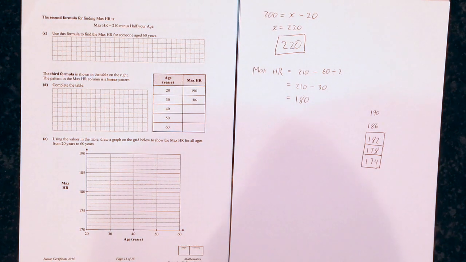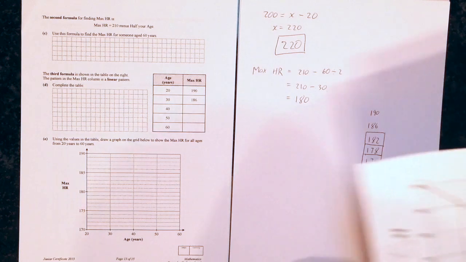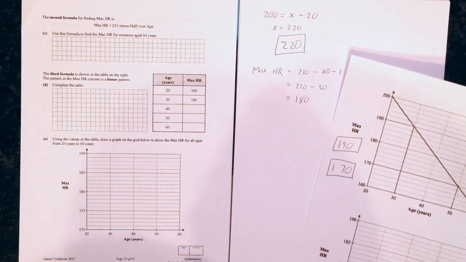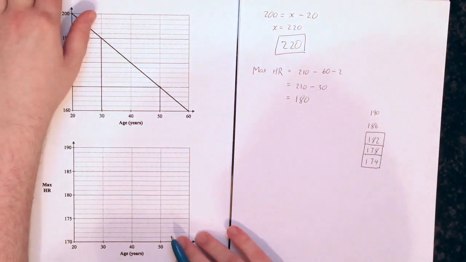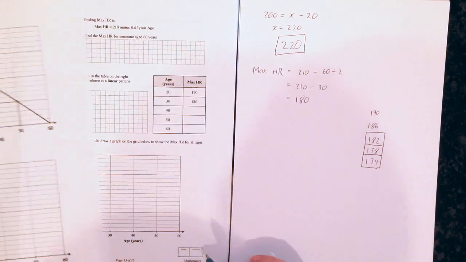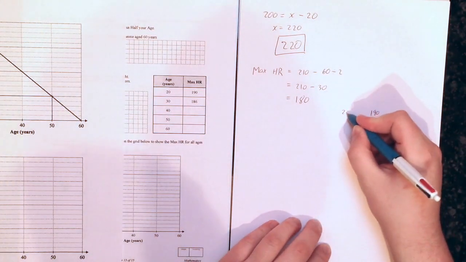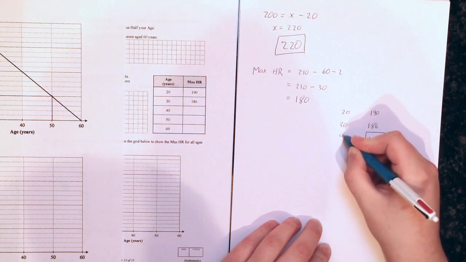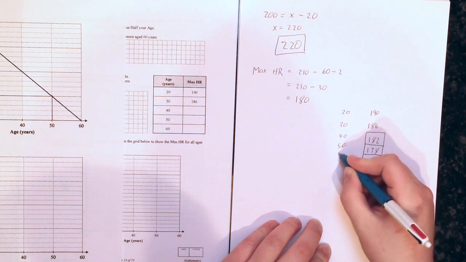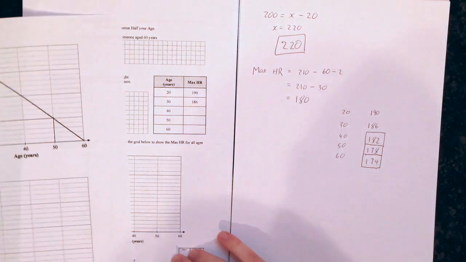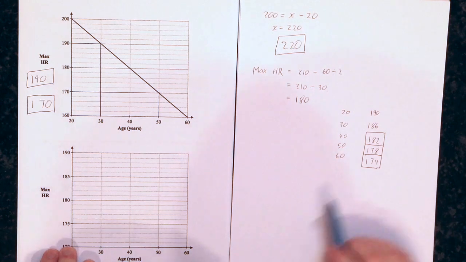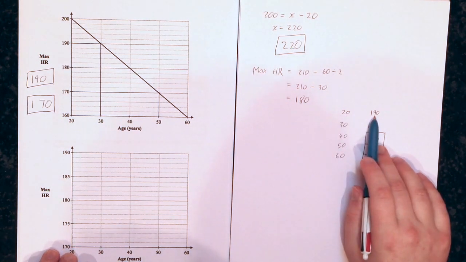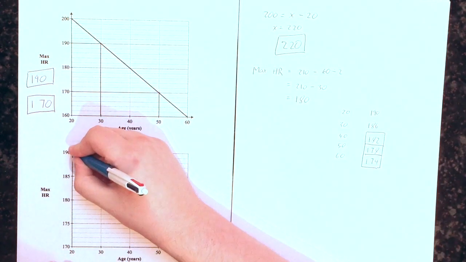Part E says using the values in the table, draw a graph on the grid below to show the maximum heart rate for all ages from 20 to 60. So I've got an empty graph here, and I want to graph these points which correspond to the ages 20, 30, 40, 50, and 60. So we just want to graph these points on our empty graph. So we're given that 20 corresponds to 190. So you have this point